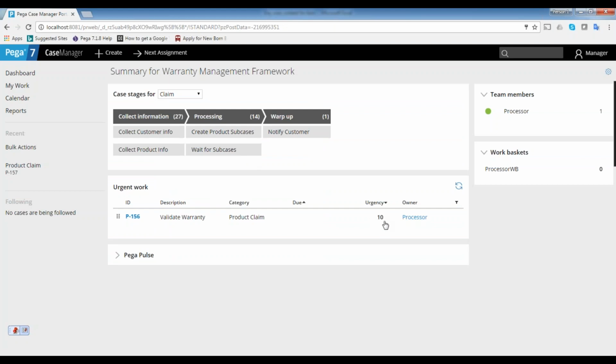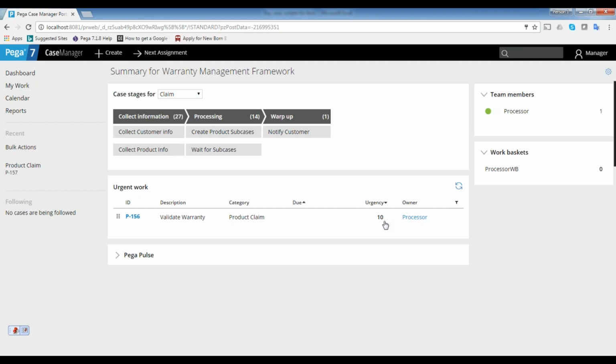So what is the main aim of this urgency? Generally, I want to make something as more priority. I want to use some items as a more priority. Technically, the urgency value will do that work. Let's say my statement is like this. Once the customer has applied for a credit card, we are giving the goal time as 2 days. If it is not completed in 2 days, I want to increase the urgency for that work item.